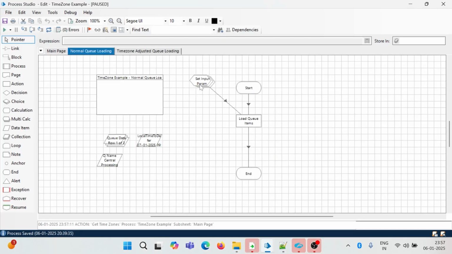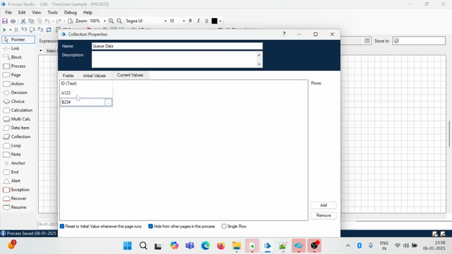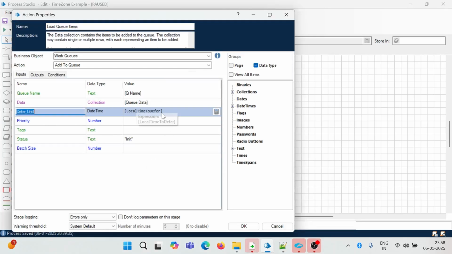Let's say that we are doing normal development in our environment. Even if you are developing in India, Blueprism always stores the time in UTC. So we'll see what problem happens. Let's say in a simple case, I'm just inserting two data items, A123 and B234. These are the two item IDs. I'm storing them and then I want to defer until, let's say, tomorrow, that is